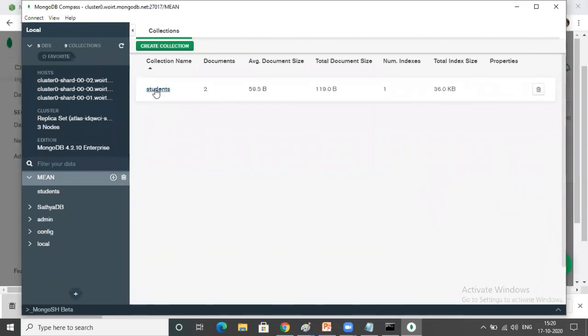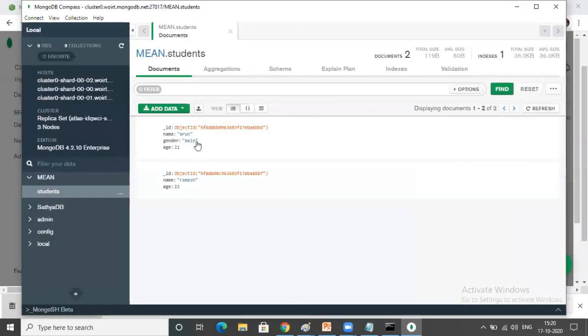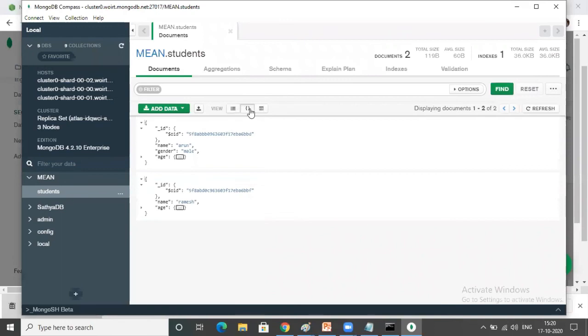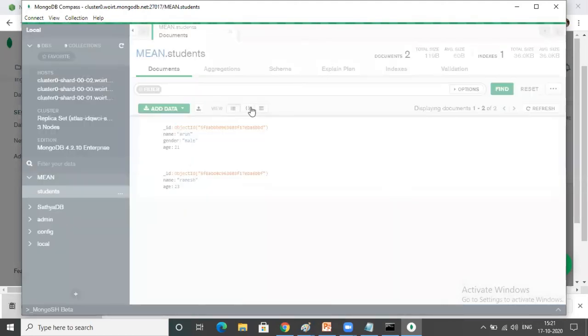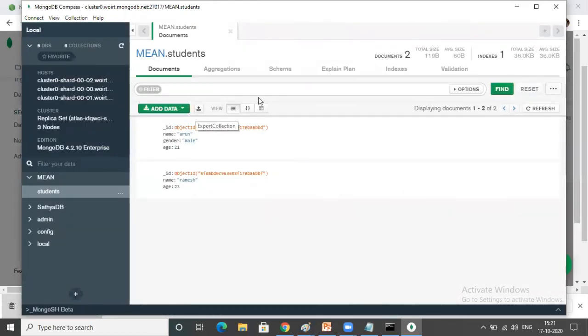You can see here students, but internet is mandatory because the cloud will not work without internet. You can see both the data. If you want, you can write any queries also here. Is it clear? You have to learn this NoSQL separately, and there you can see some expressions. If you want to see the data in the form of JSON, you can see that. If you want to see the data in the form of a table, you can select that. Here you can see the options. Different options are there: one is JSON format, another is table view, and another is JSON document format. Are you following?